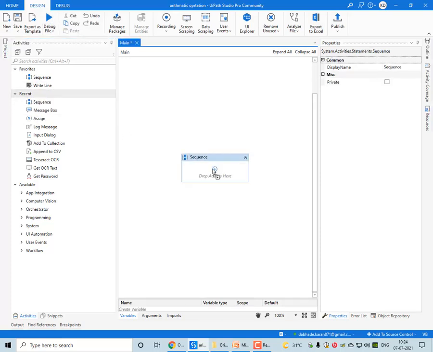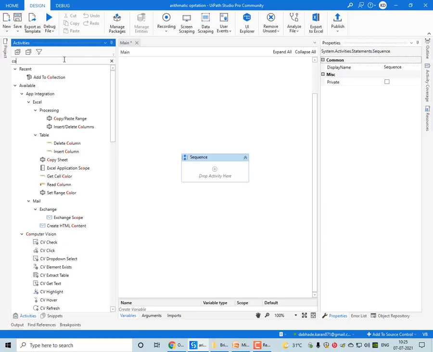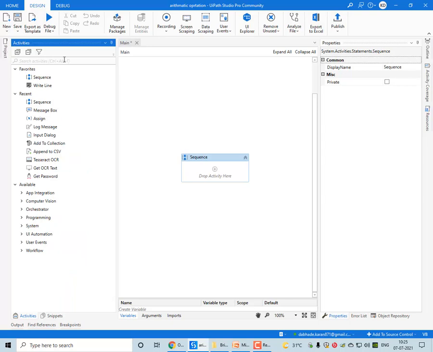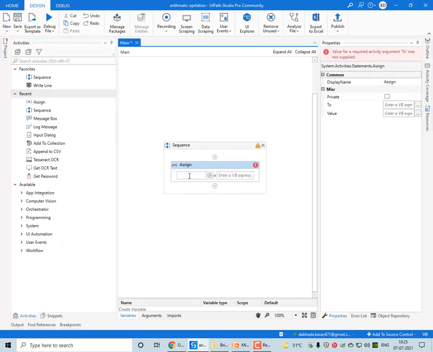Taking a sequence, I will take one assign activity, create one variable named list1, and populate it with some value.